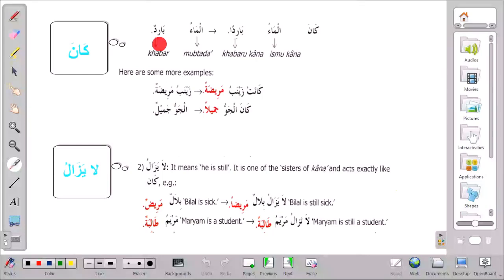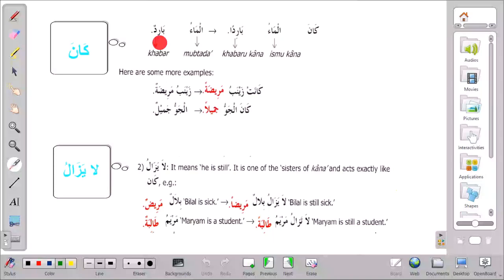So inna is the harf tawkid, and Allah is the ism inna. The ism inna, we said, is always mansub. Most of the time, the noun that comes after inna is mansub. Inna Allah, inna alhamda. Like when you go to the Jumu'ah prayer, you hear the khatib saying inna alhamda. You never hear him saying inna alhamdu. And you will always see in the Quran inna Allah. So the ism inna is always mansub, and the khabar, whatever comes to give the information, is always marfu. So inna Allah azizun hakim. I hope that is clear.